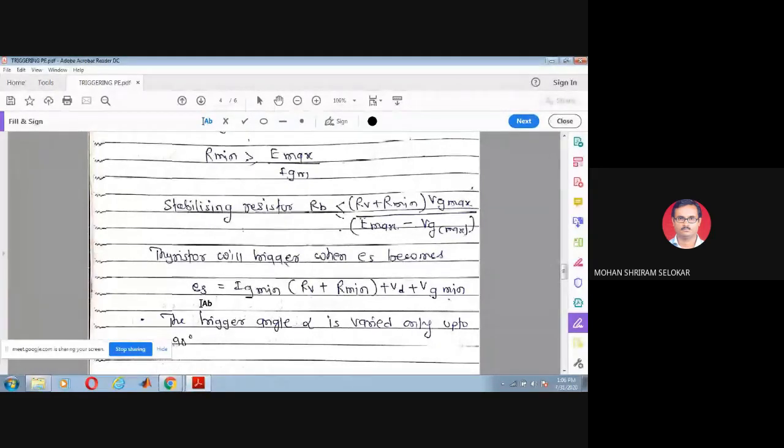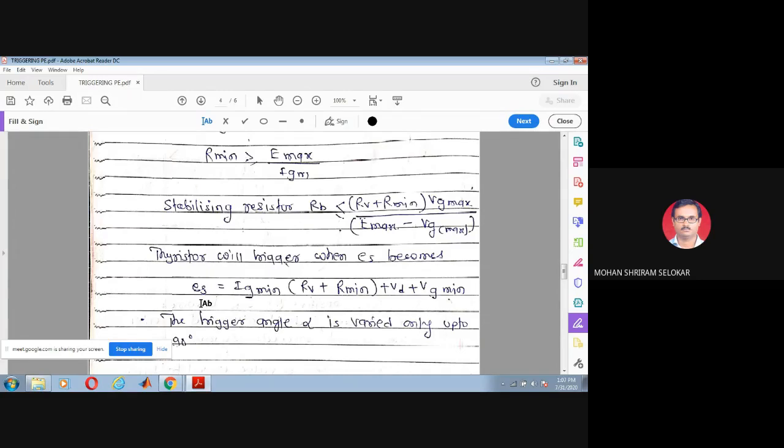Look, when load voltage is zero, then VAK is there. When VAK is zero, load voltage is there. That's why it is called complementary to each other. Next important thing is that here the trigger angle alpha is varied only up to 90